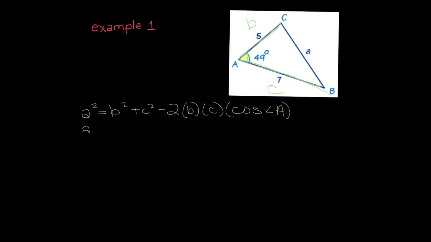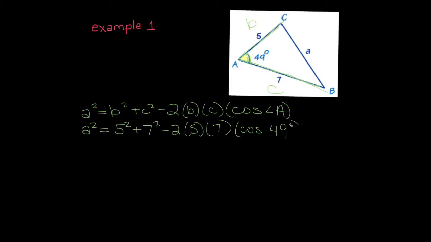Let's call this side side B and this side side C. As we know, a squared equals b squared plus c squared minus 2bc times the cosine of angle A. Using substitution and plugging in the values that we have into this equation, we can solve this to find side A. So, a squared equals 5 squared plus 7 squared minus 2 times 5 times 7 times the cosine of